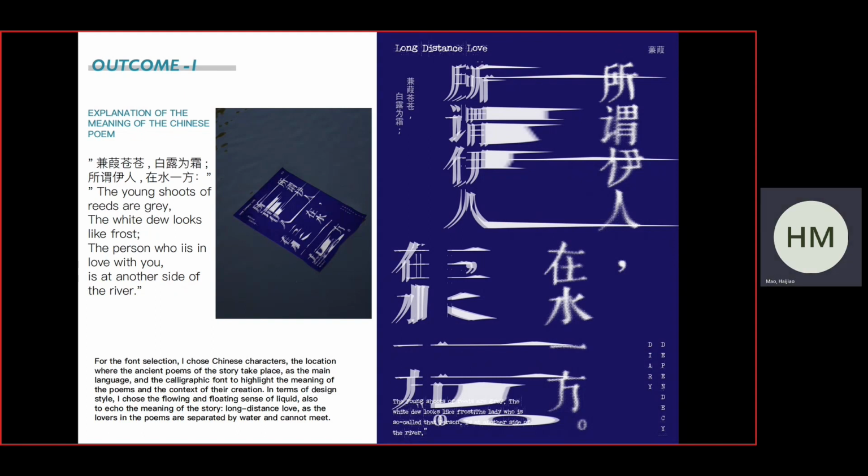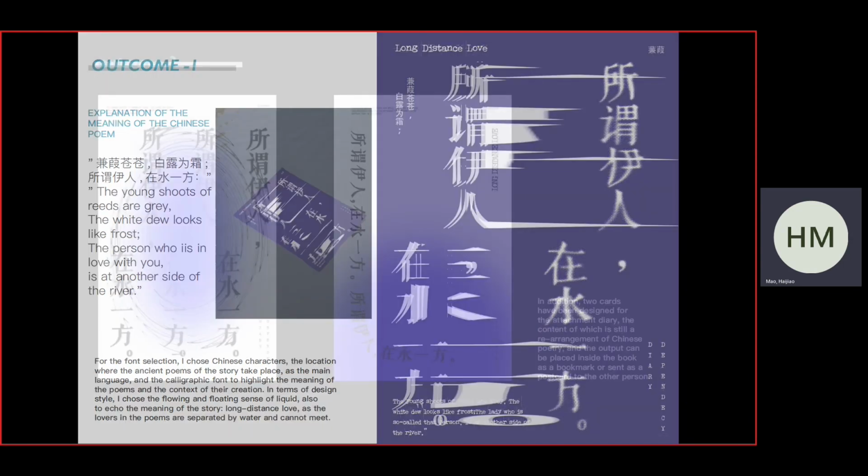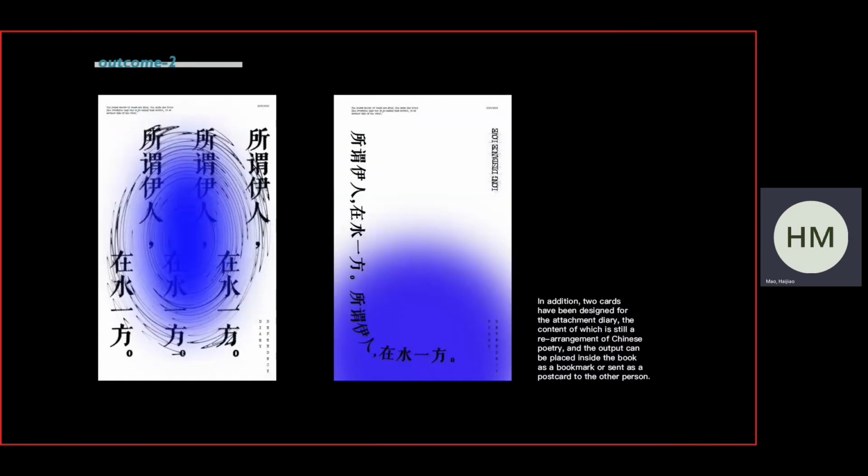所谓伊人在水一方 and in English it means the young shirts of readers are gray. The green jaw look like frost and the person who is in love with you and is at the other side of the water. And in addition, two cards has been designed for attachment diary, the content of which is